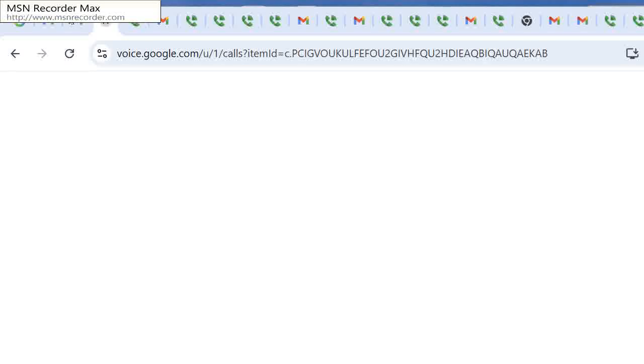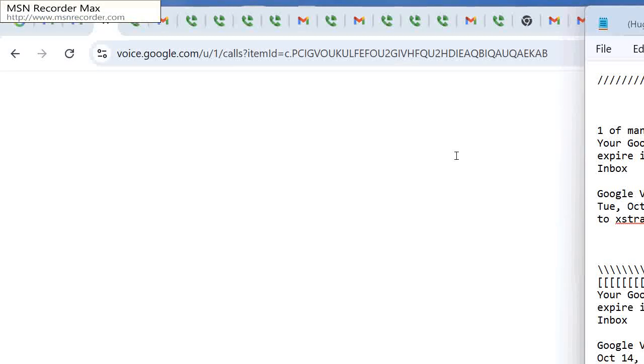Copy to the clipboard buffer. Control V to continue. And now log into X strategy. X strategies go. Edit. Copy. Go into another account here and see if I can log into it.